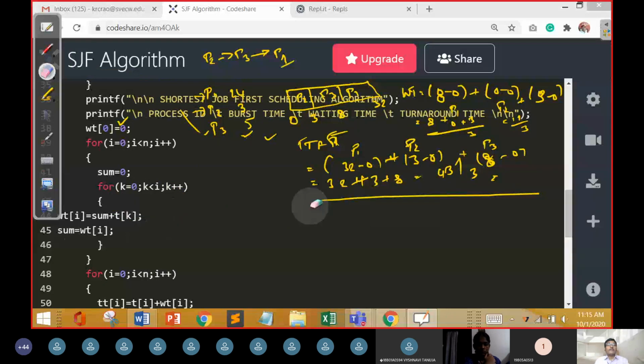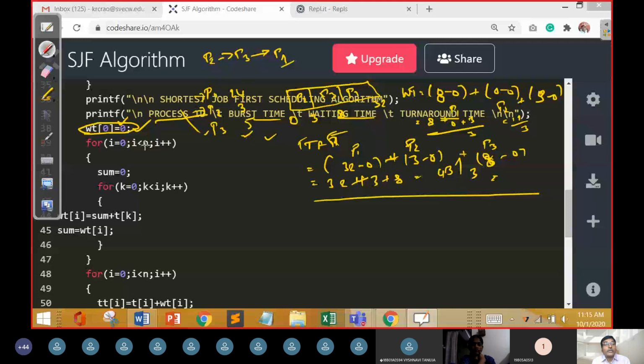So printf shortest job first algorithm. Then we are going to give tab positions, one to print the process id, another to print the burst time, another to print the waiting time, and another to print the turnaround time. Initially we are going to assume the waiting time as 0, so that there is no garbage value in the waiting time.